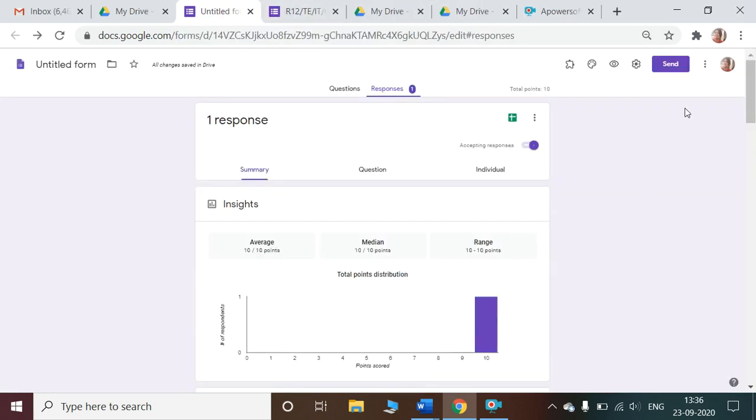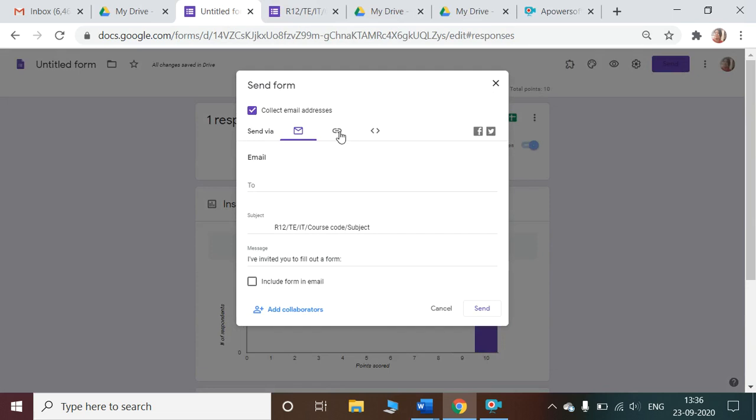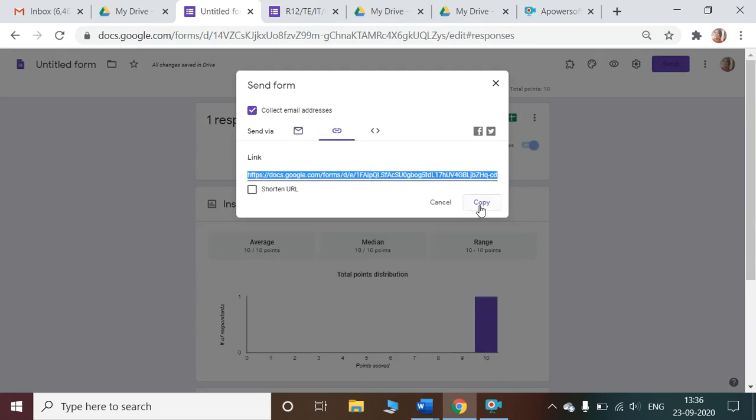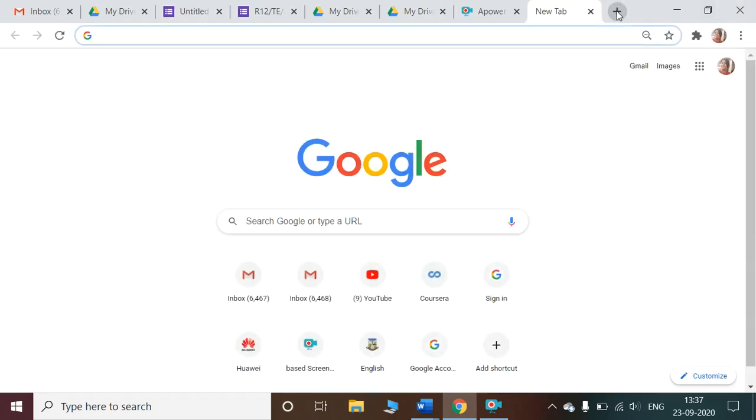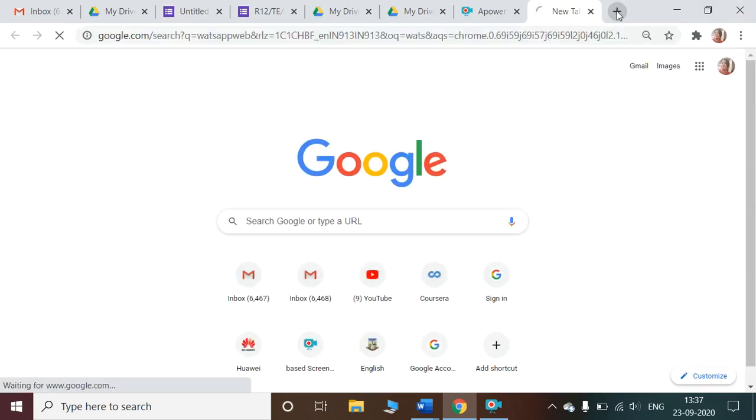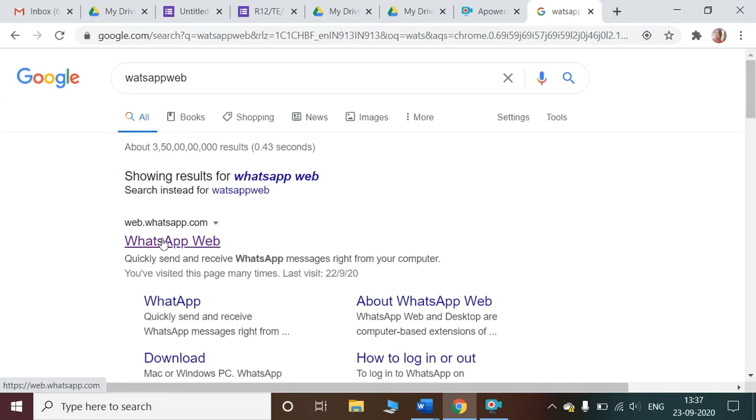Now coming to how to share this form with the students. Click on send, click on this chain kind of an icon, copy this link. Okay, we can directly go to our students group.